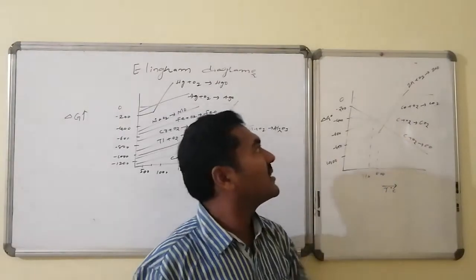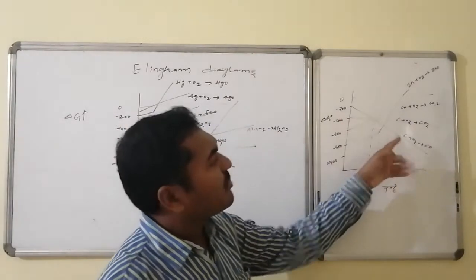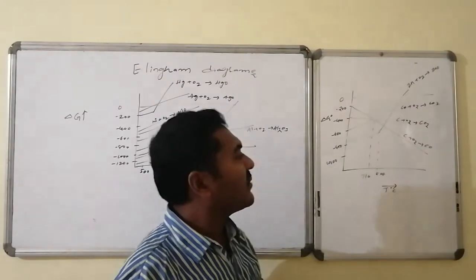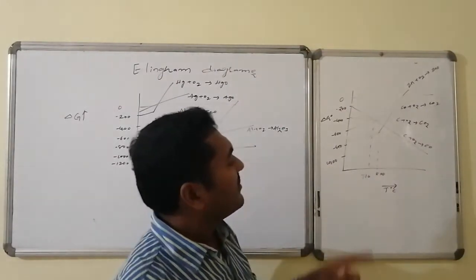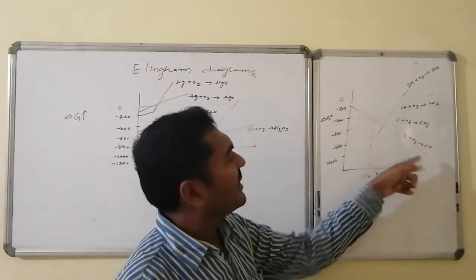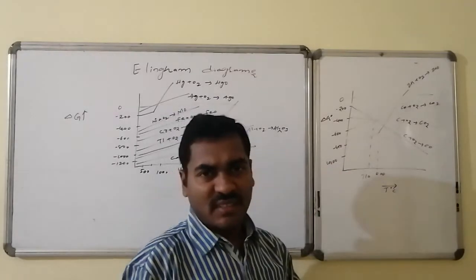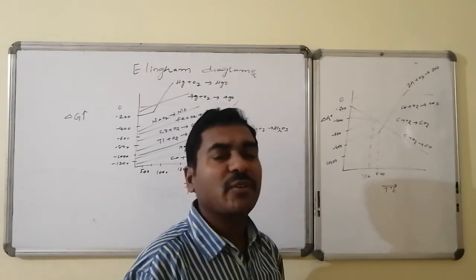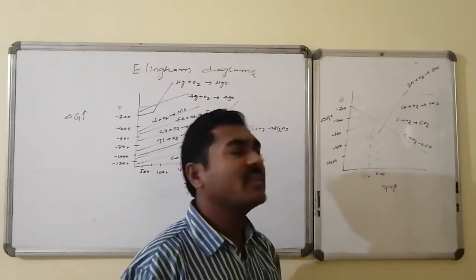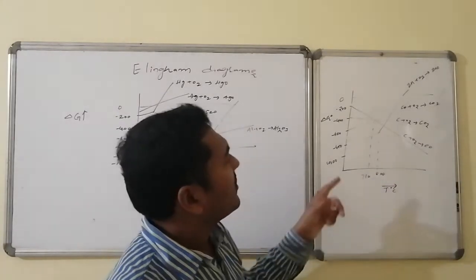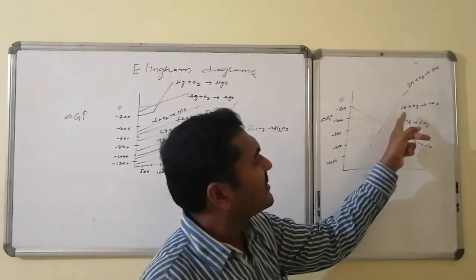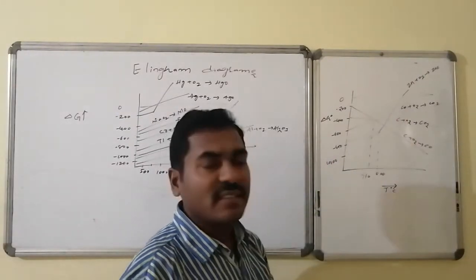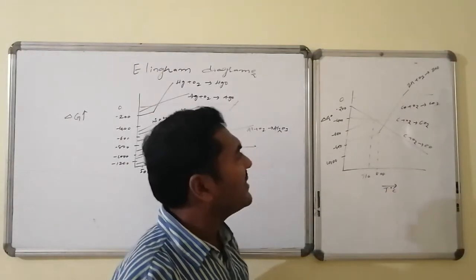Here I am taking 0 as a reference. Let us see. Here carbon acts as a reducing agent and forms carbon monoxide. With increasing temperature, its corresponding delta G goes on becoming more negative, more negative, more negative. So that is the best reducing agent. Whereas if you look at carbon monoxide, carbon monoxide takes oxygen and is converted to carbon dioxide.